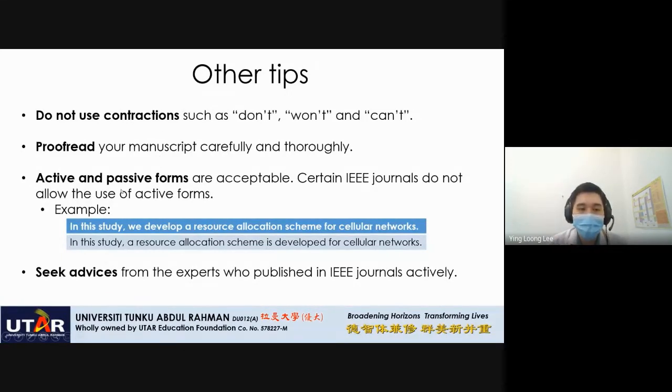And you can write it in active or passive form. Both are acceptable, right? Certain journals, they might have requirements that do not allow the use of active forms. So you must always read the instructions for authors, right? You check the information for authors, whether they allow this or not. If they didn't mention, that means they should allow both forms, active or passive forms. So there are two ways, right? For example, active form, right? We say in this study, we develop a technique for cellular network. Okay, passive form is a resource allocation scheme is developed. Okay, so if the journal accepts both of these, right, you can choose either of these ways to write